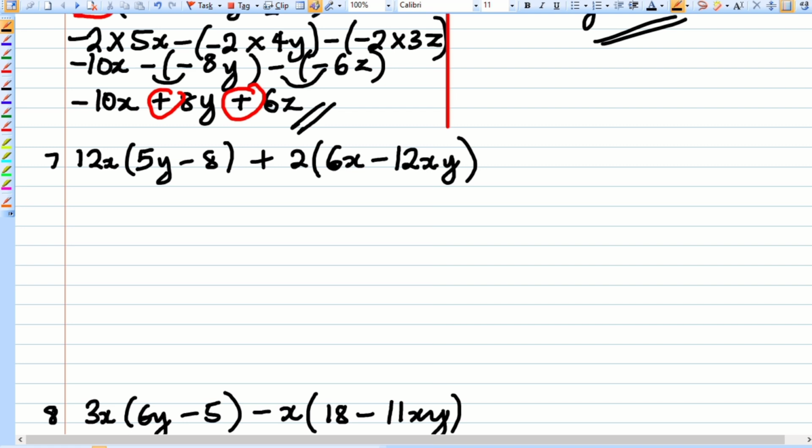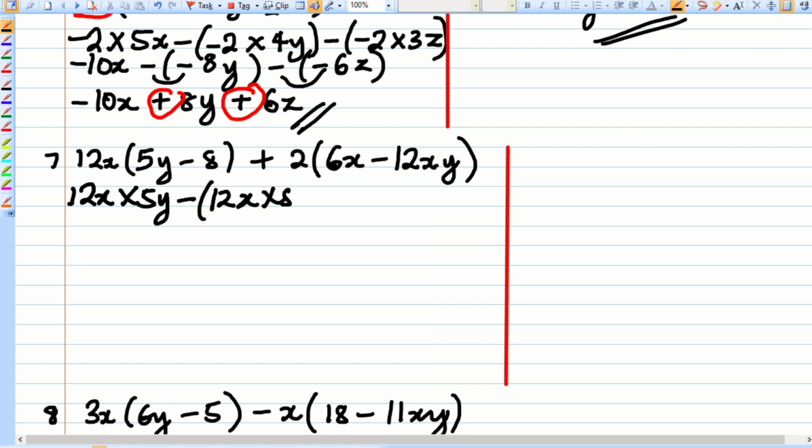Okay, well, let's do the same thing for question number 7. For simplicity's sake, I'm going to solve it using the two methods once again. So I'll just divide this line. Why I'm doing this is for people that are still beginners in solving this, so you don't feel confused. So let's go. This means 12x times 5y. Remember, 12x is going to multiply 5y and 8 consecutively. So minus